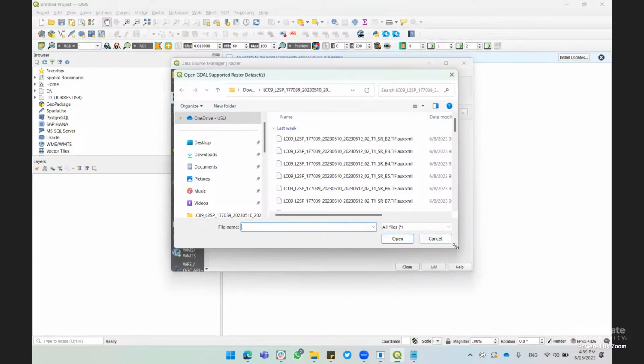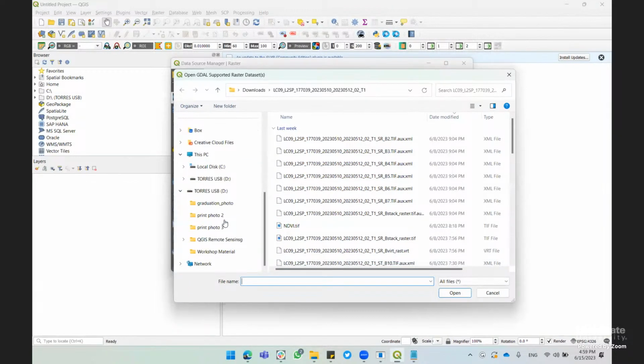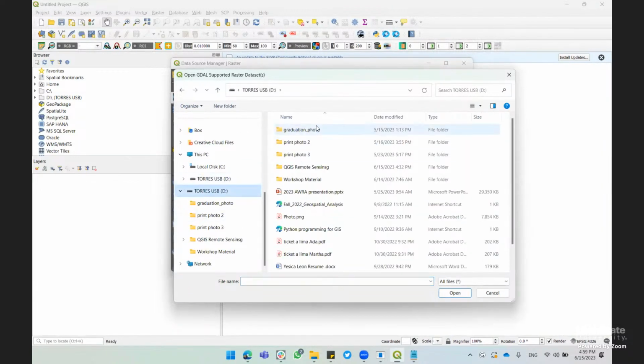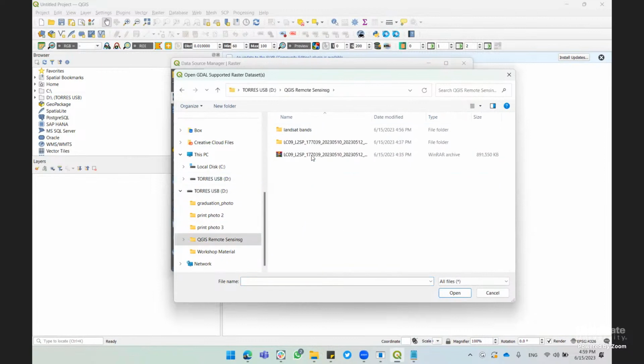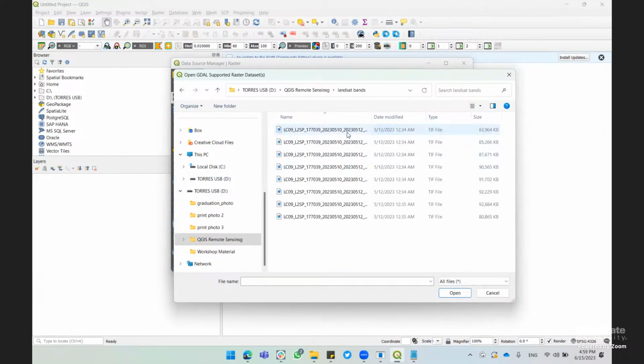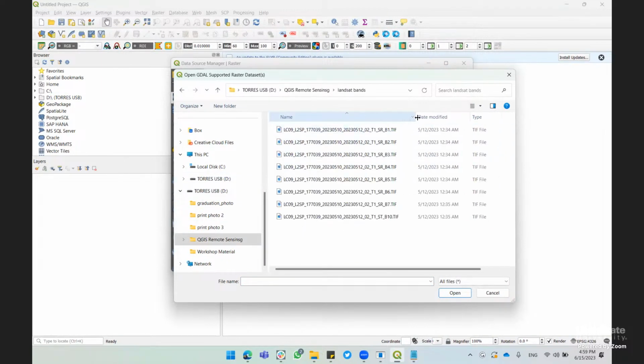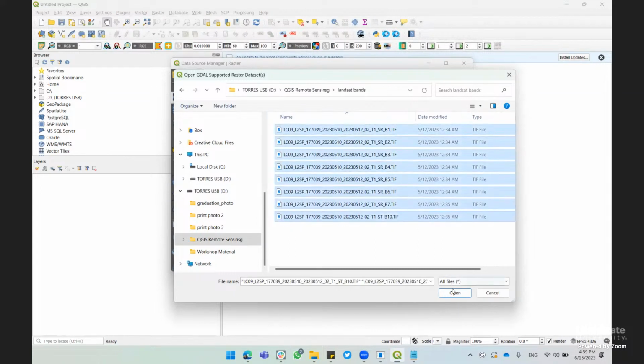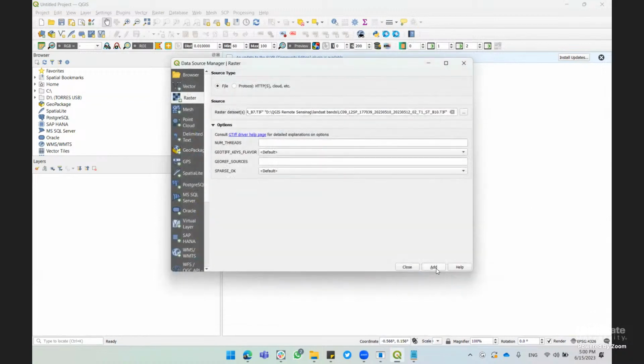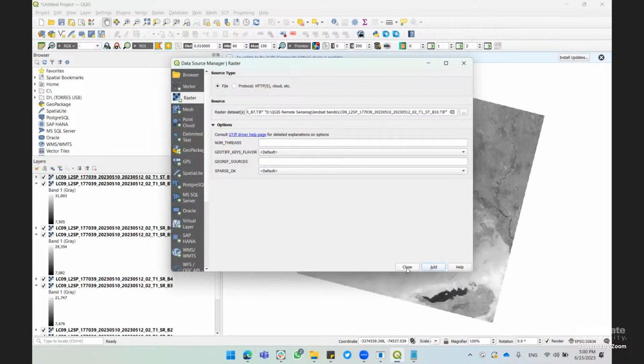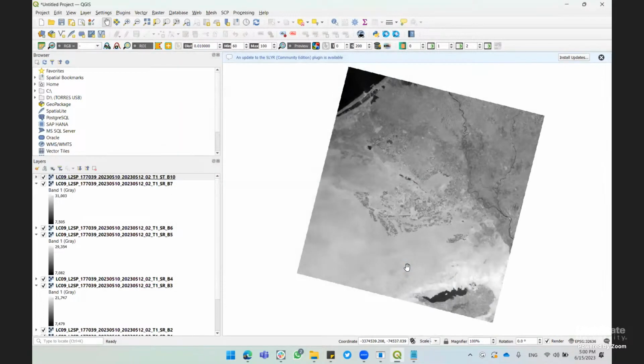And now you are go to your folder. Exactly. With the 8 file. Yes. And if you want to copy, you can select all the bands and click open. Click add and then click close. This is, oh, that one also. So you have